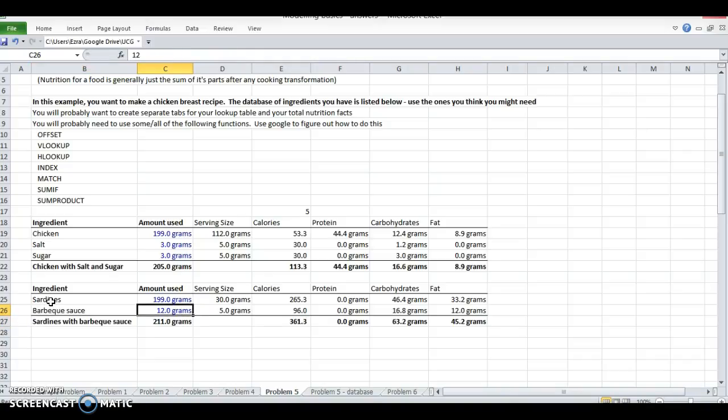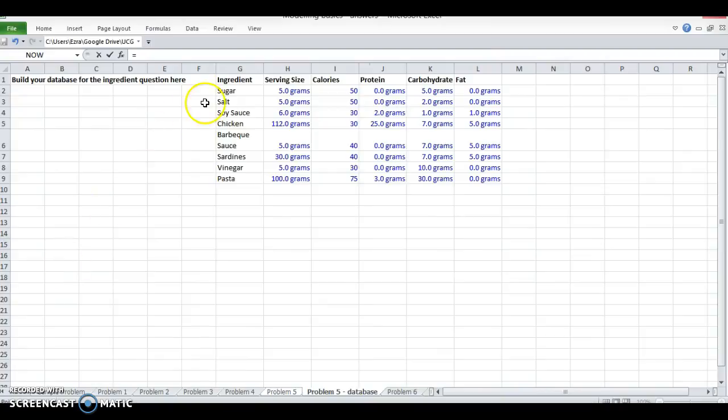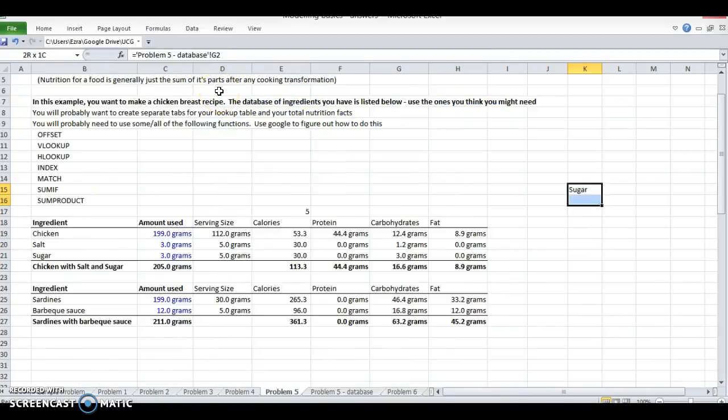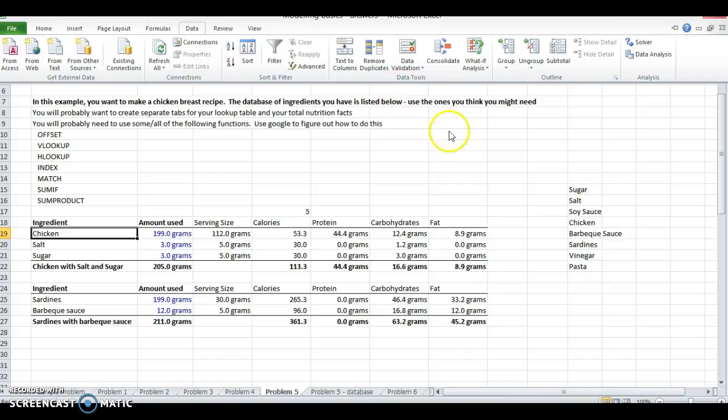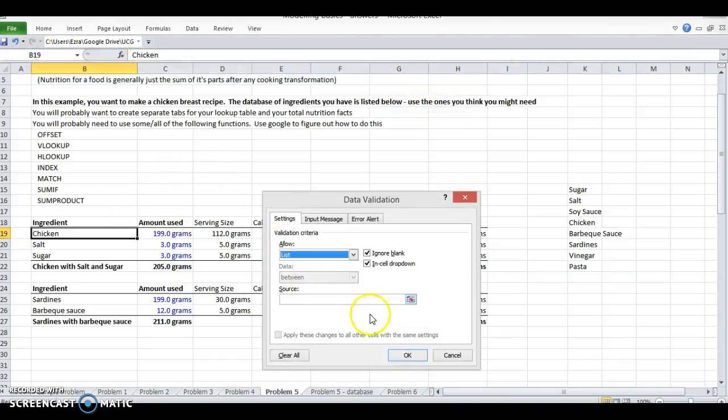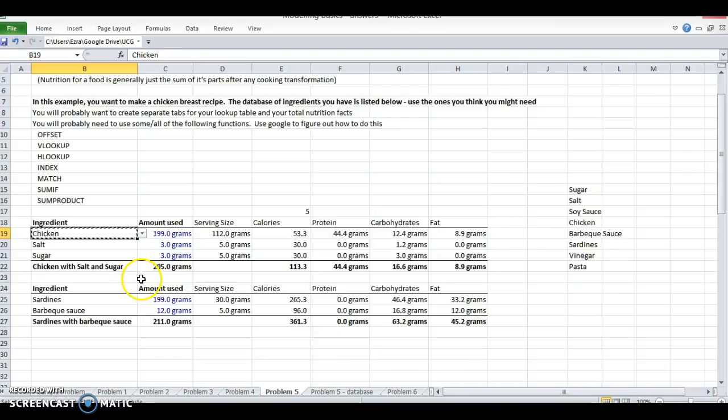But how do I know what's in my database? Well, I don't right now, but I can do a validation on this list of ingredients. So here's my list of ingredients. I'm going to do what's called a data validation on this cell. Data validation. And I'm going to make it a list based on these. So now,